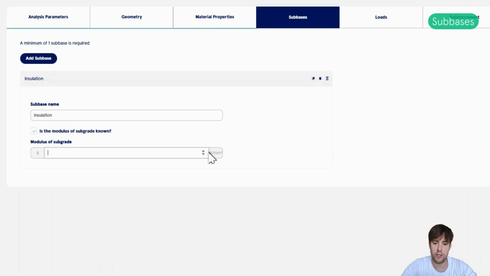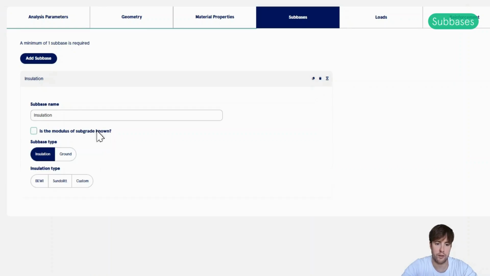This value has the units Newton per cubic meter, which means that it's actually pressure per deflection. So it's similar to a spring stiffness. But in most cases, we probably don't know this modulus of subgrade, so we will untick this box.